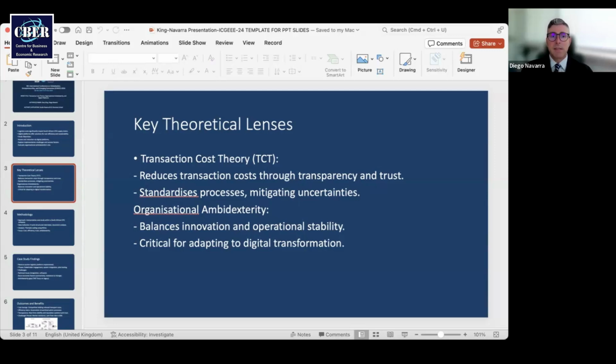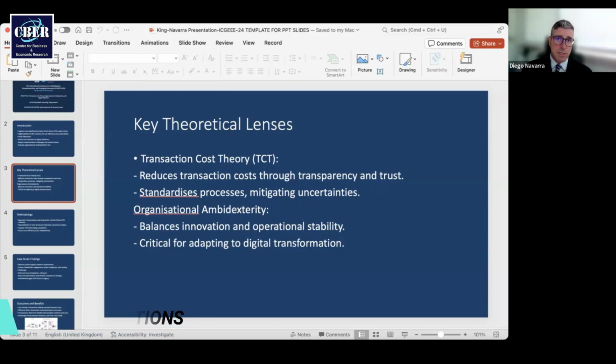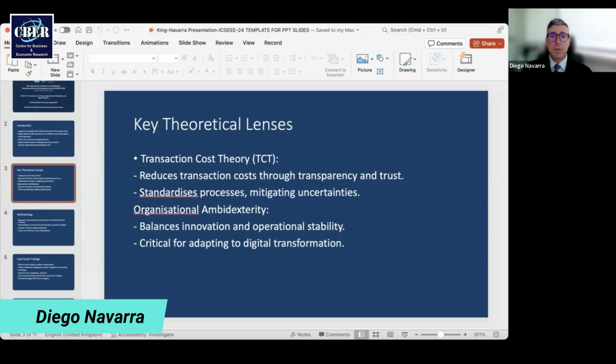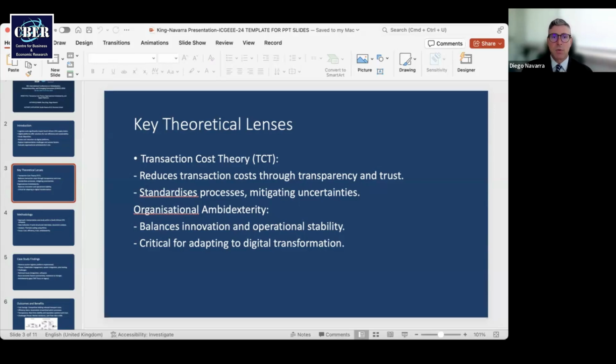The idea is to understand how transaction cost theory allows us to study these efficiencies, or vice versa, in the context of digital platforms, looking at the transactional dynamics. That helps us establish accountability for these transactions, particularly in emerging markets, where